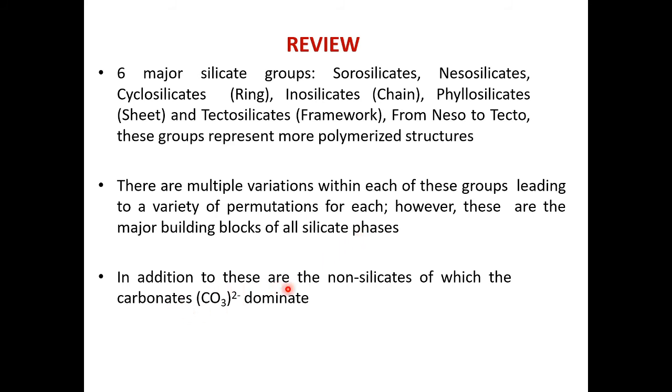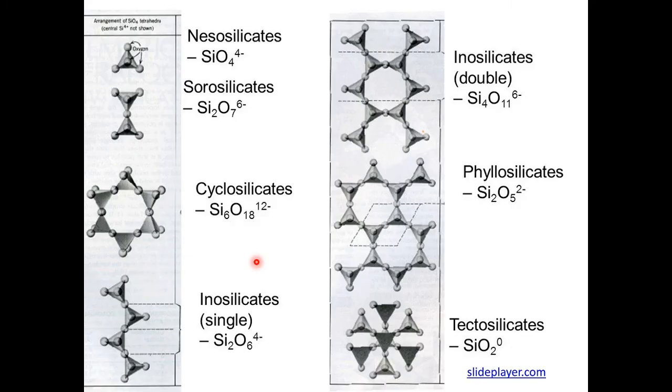And in addition to these, there are the non-silicates, of which carbonates dominate, as I told in the previous lecture also. Carbonates include calcite and dolomite minerals, and okay. So while summarizing the structures,